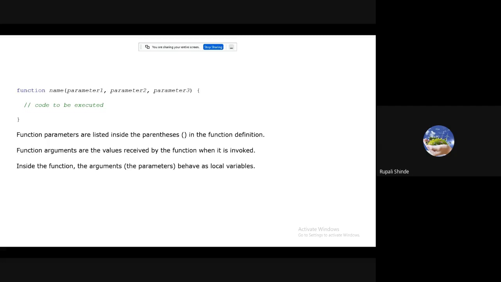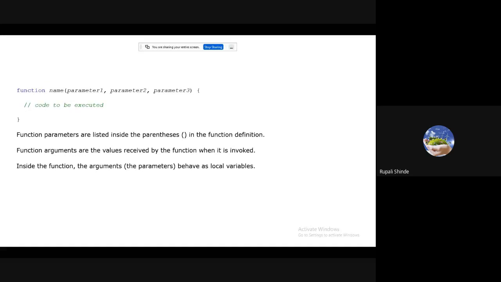Here I have a syntax where I write the function keyword, the name of your function, then parameter 1, comma, parameter 2, comma, parameter 3, then an opening curly bracket and the code which is going to execute when we call the function. Function parameters are listed inside the parentheses in the function definition. Function arguments are the values received by the function when it is invoked.